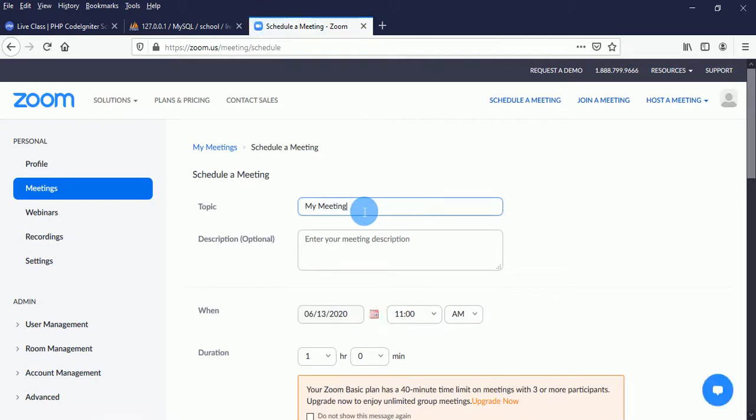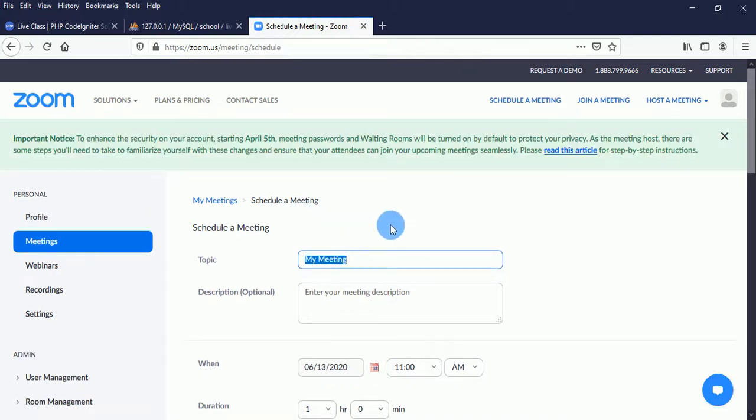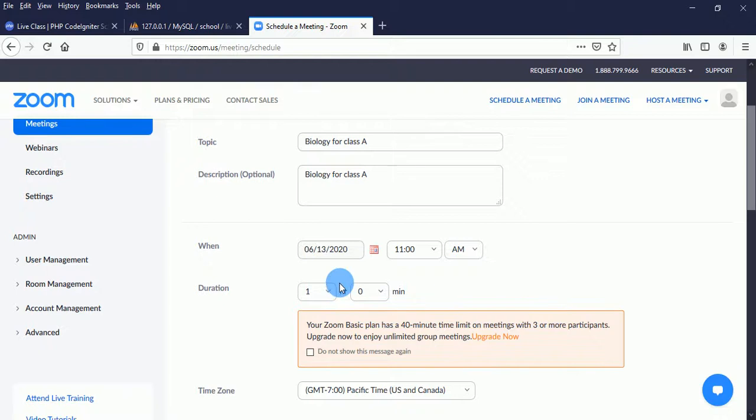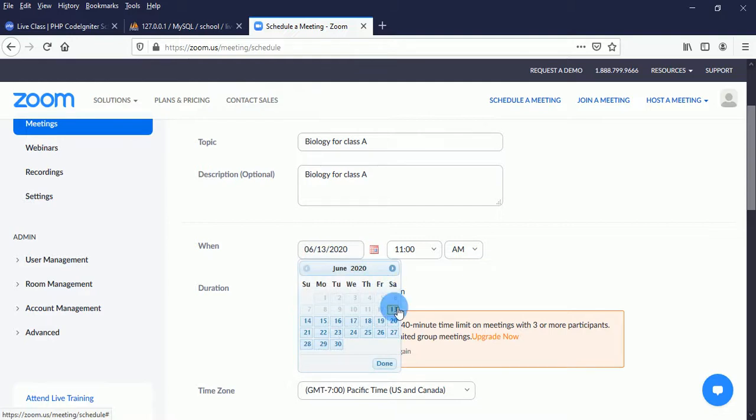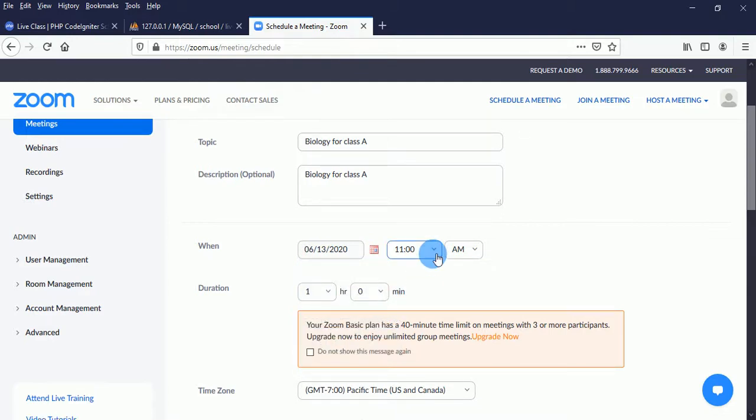So the first thing is that I am going to call it biology for class A. I am going to copy that and paste it. The topic could be anything. Now the date is very important. So I am going to select today's date, which is 13, and the